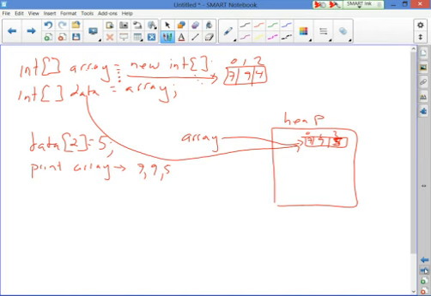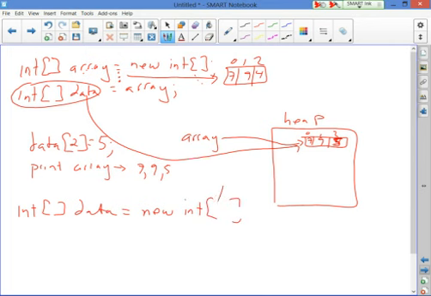Because new says create a new structure in memory, create it on the heap. So if I wanted to do a copy, if I want this to be a copy of this, I would have to do int data equals new int, and it would have to be the size. You'd have to put the size of array inside here, whatever that is. It's 3, right? So you could do array.length in here. You could put the variable array.length in here. Then after here, you would have to say data 0 equals